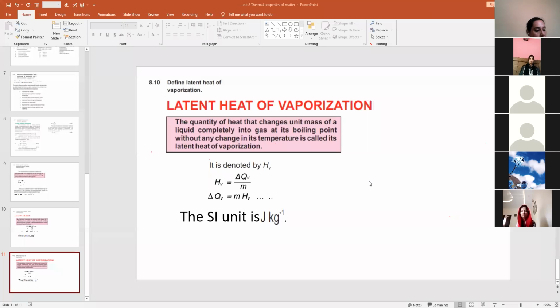question is 8.14. Open your book, page number 192. What is meant by evaporation? On what factors does evaporation of a liquid depend? Explain how cooling is produced by evaporation. The answer of this question is on page number